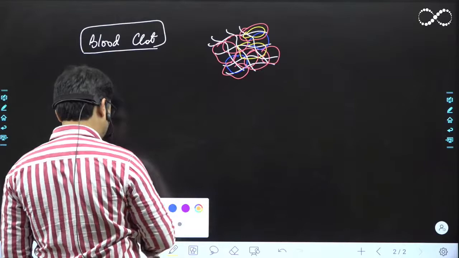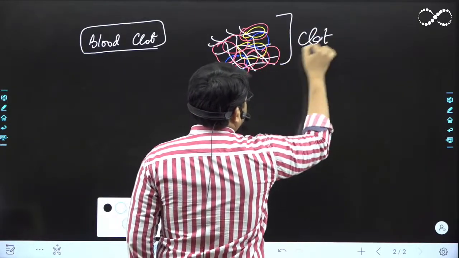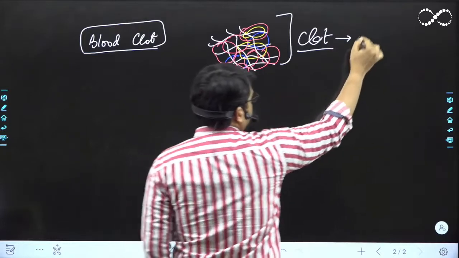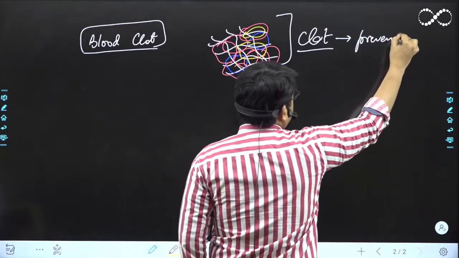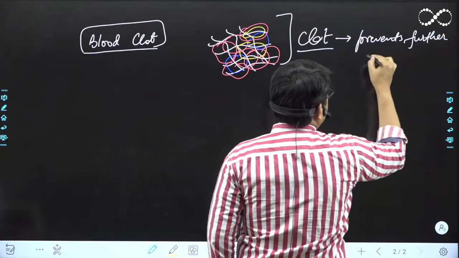So this thing is called a clot, this entire thing is called clot, and it prevents further blood loss,